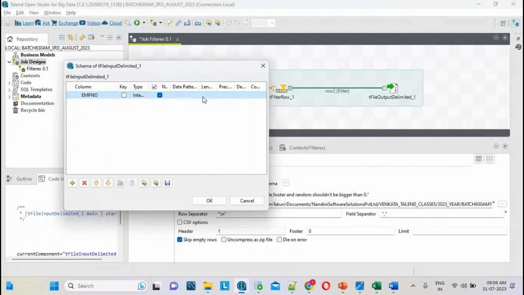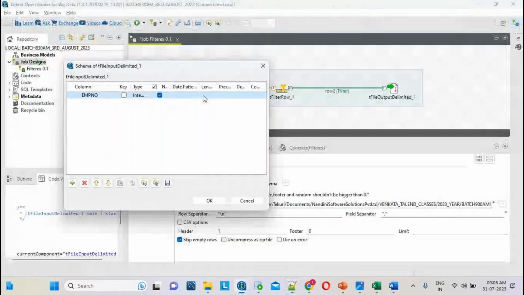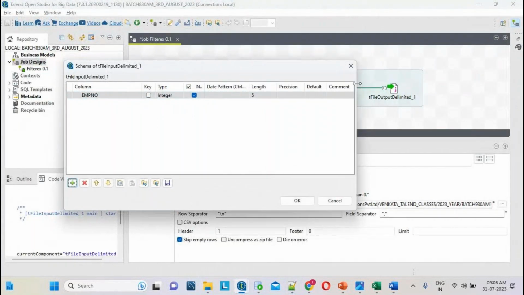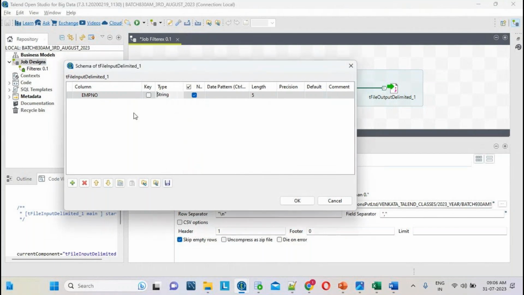Employee number, I am defining here, assume that it is numbers. Let me see, 1, 2, 3 bytes, right? So I can give some length and specify it. How to specify this? The customer will give all this. My first column is employee number, and the data type is integer. My customer will say to use integer. Suppose my customer says to use string, then I have to use string. My customer will give the requirement document and mention it in the document, so accordingly I have to select it.